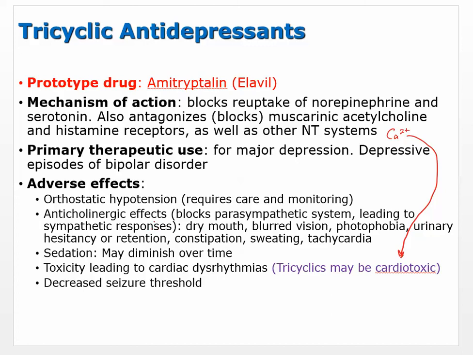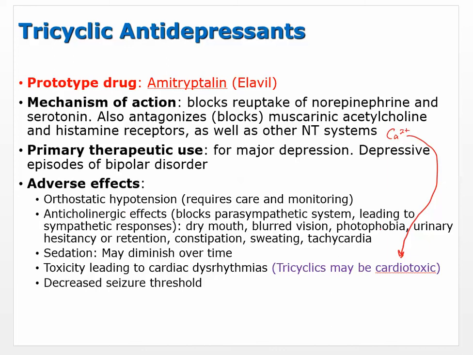So if we switch around and ask, what is a sympathetic response? We can say, well, dry mouth, because a wet mouth, if you're salivating, means you're ready to eat and digest. So a dry mouth would be the opposite of that. Blurred vision happens because your pupils dilate, which is a sympathetic type of response. Photophobia, same thing. Your pupils dilate with a sympathetic type of thing. So when you see anticholinergic, you should start thinking, I'm going to see sympathetic types of responses, and sure enough, that's what we see.